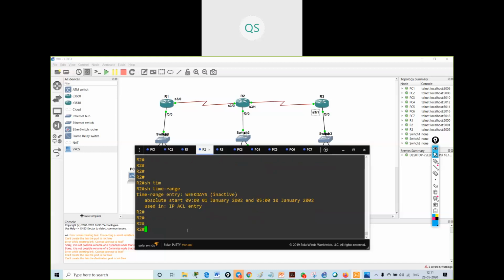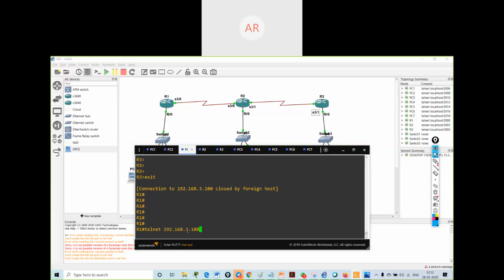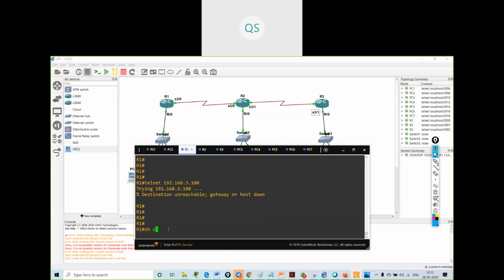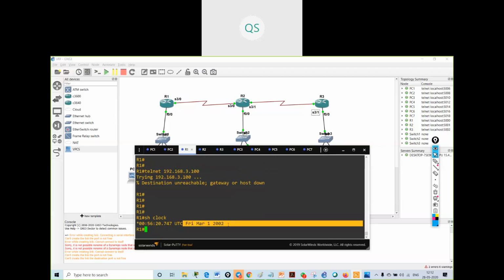Now how can I verify? You can change times. See, it is unreachable or host is down. Why? Because the time is Friday, March 1, 2002.